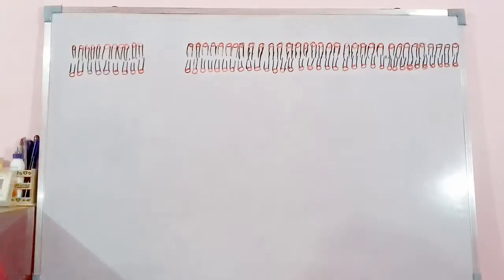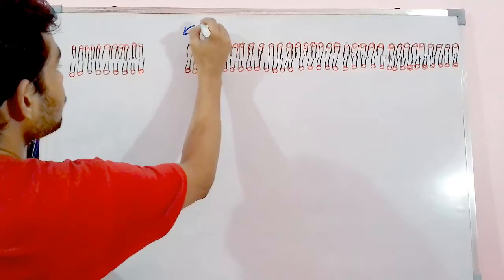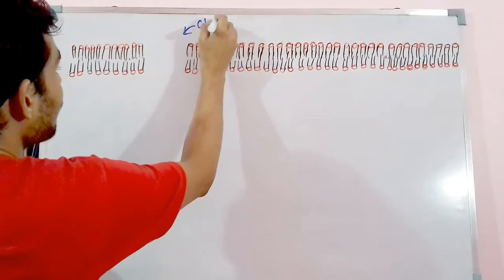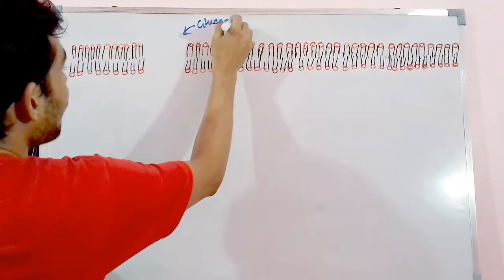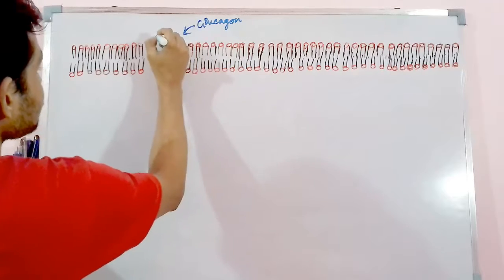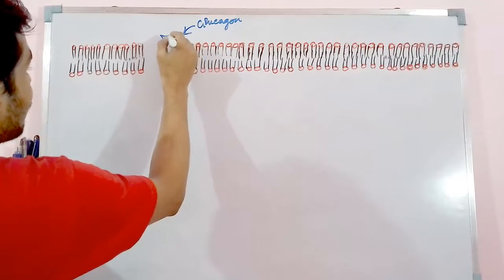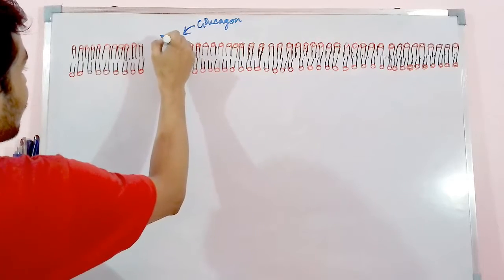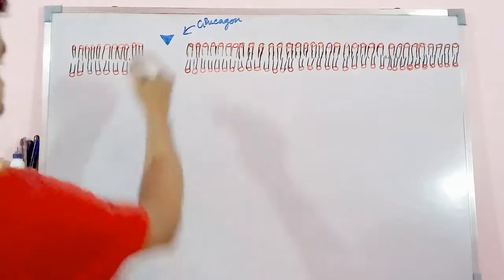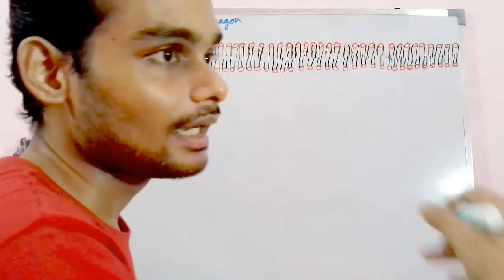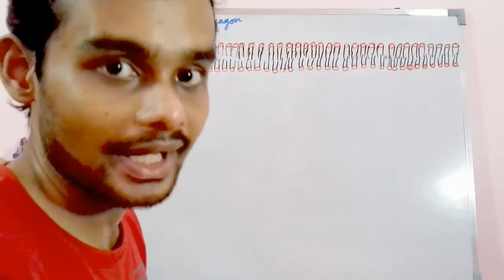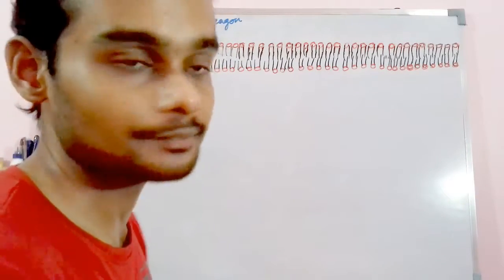Now, suppose the glucagon hormone is coming, and first it binds with the glucagon receptor present across